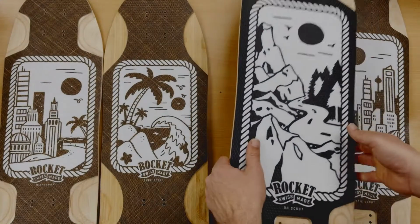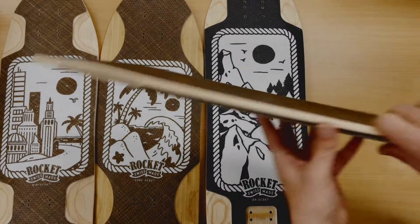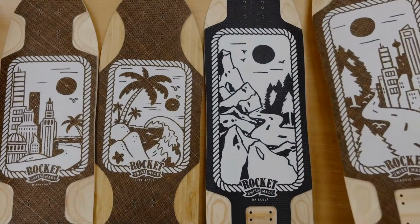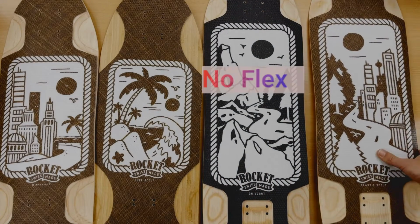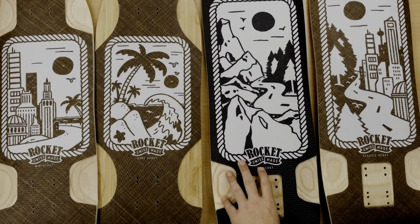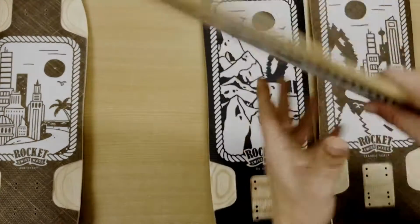When I stand on it, I'm like 90 kilos. I get a little bit of flex out of this one, not much. The downhill one, super stiff. Now that brings us to